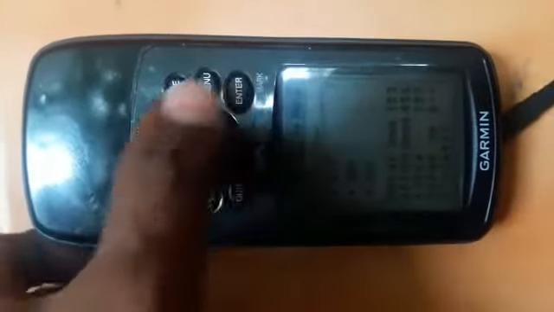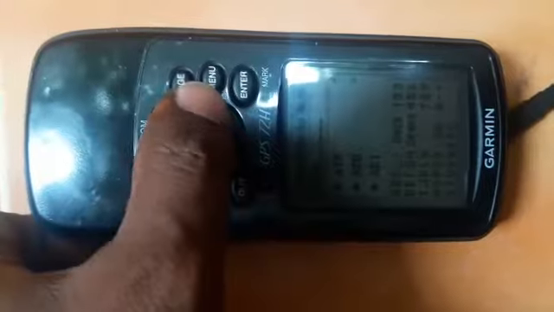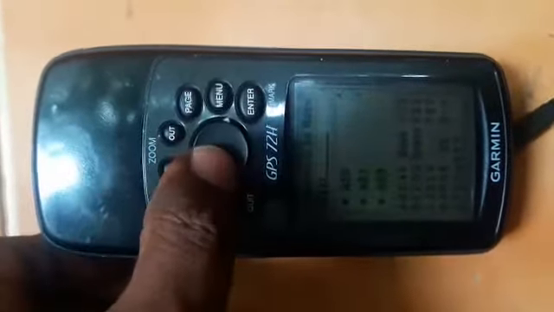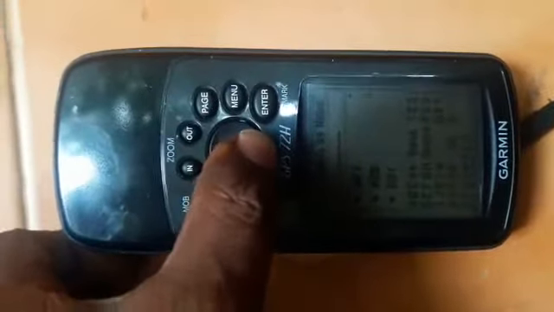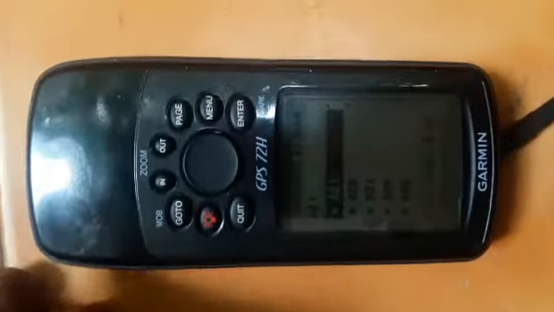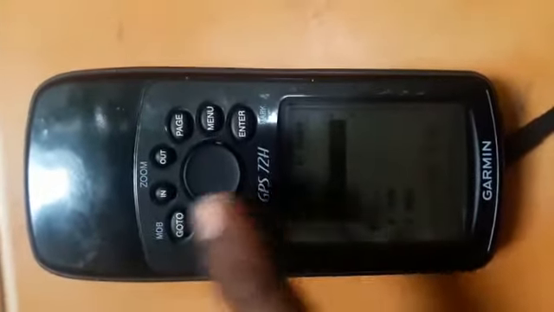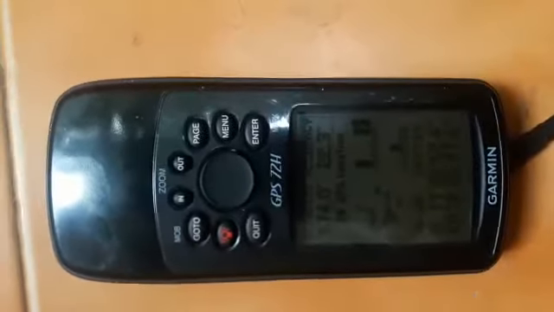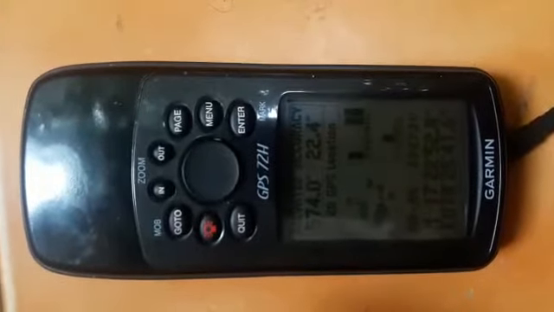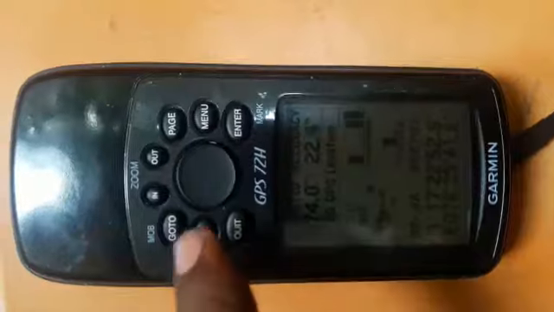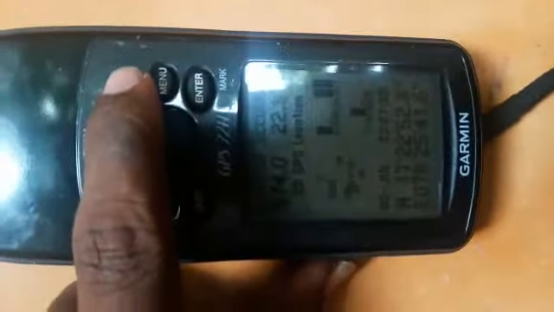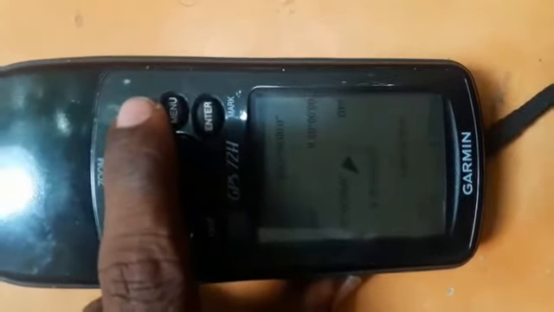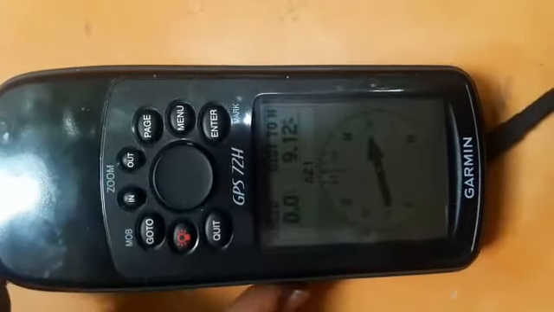So fix the A21 point, we have given the coordinates, sir. A21 is already given, sir. So on OK, press, sir. So the row bar is on A21, sir. Then press enter, sir. So we are selecting the waypoint for A21, sir. Then go to page. So we can see the different types of pages, sir. First page, second page. This is the location where we